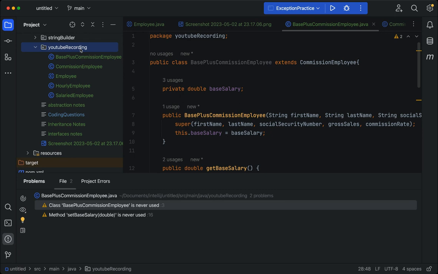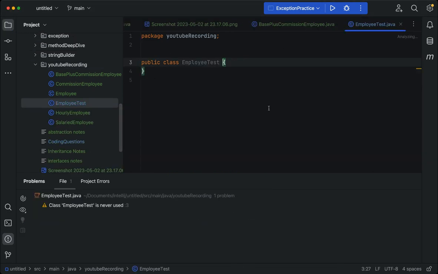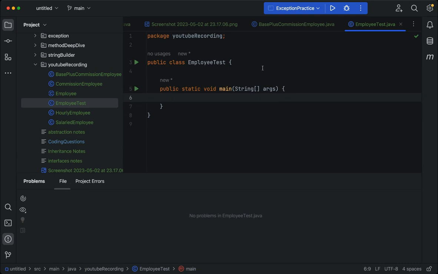So how about if we decide to test what we have done here? So I'll just create an employee test class. Okay, this class here is going to contain a main method where I'm going to actually test all of this code from. So what I will just do is let's create an object out of